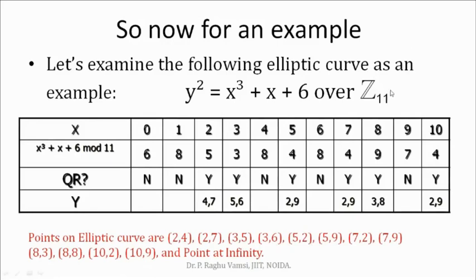So that means you may get a number equal to or more than the prime number that you have considered. That many keys you can get. So here the points we got are said to be the public keys. And along with these points, we need to consider one more point, that is the point at infinity. We have seen in the elliptic curve equation that the curve will not end anywhere in the first quadrant of the coordinate axis or in the fourth quadrant. So that is the reason we need to consider a point which is called the point at infinity. So whatever points we generate, along with these, the point at infinity is to be considered.